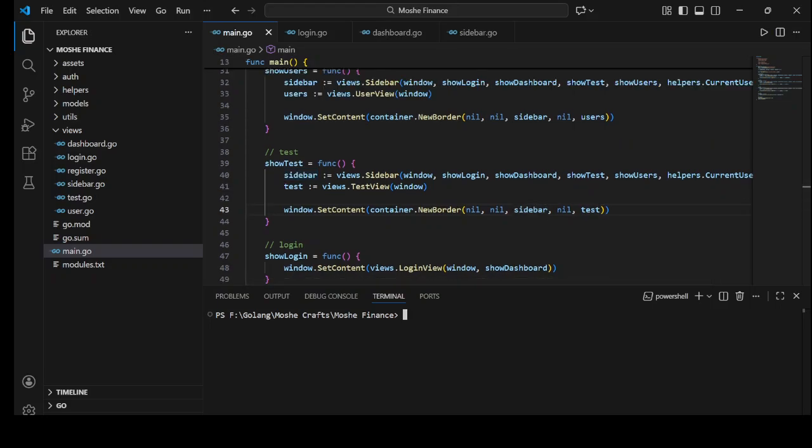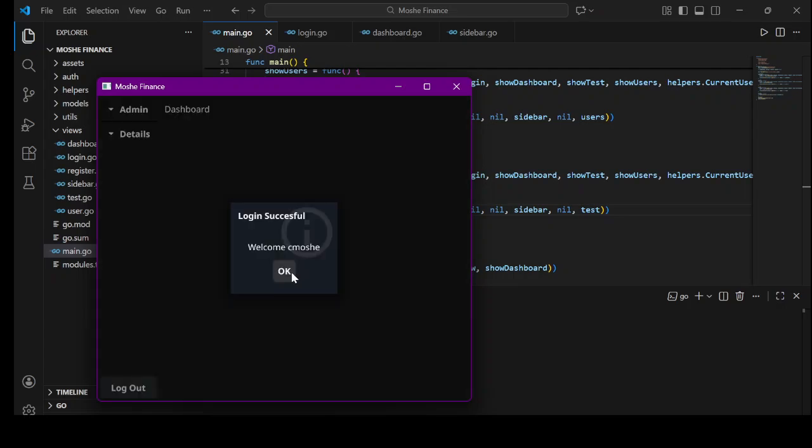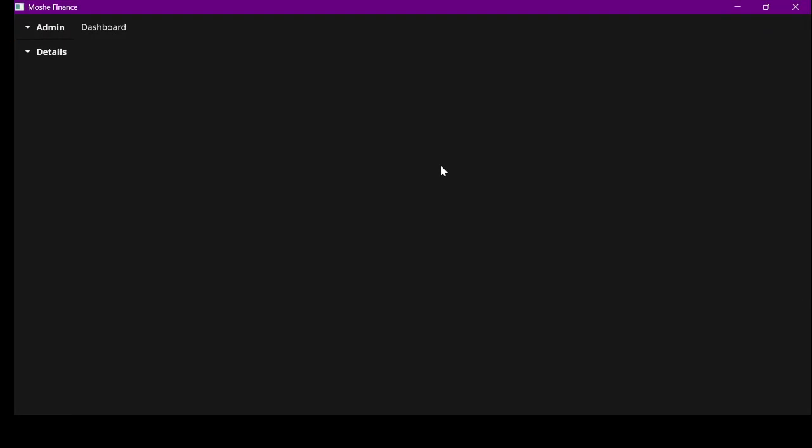Now let's run it and confirm that it is working. I'm going to log in. Yes, you can see now we have the admin accordion and we have the details accordion. So currently the default one is dashboard. When you click this on the user view, they also have the test view, and then you can log out. Now